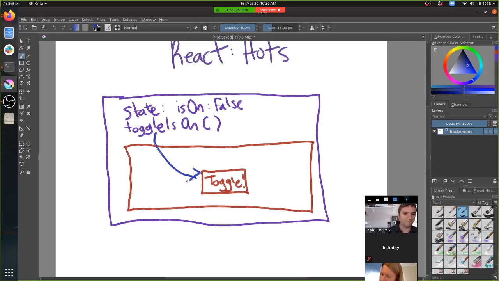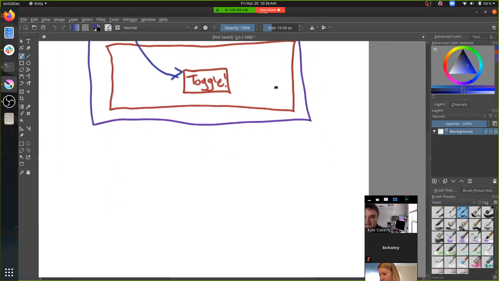What I think is kind of messed up about this, and React is the only one of these frameworks that makes you do this, is they call this data down, actions up. This has never made any sense to me. It's really like data down, actions down. So where data down, actions up comes from